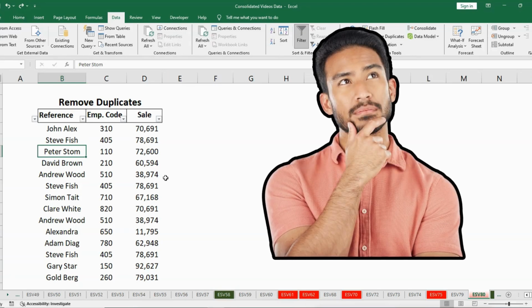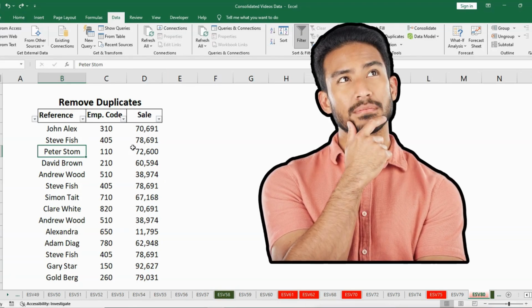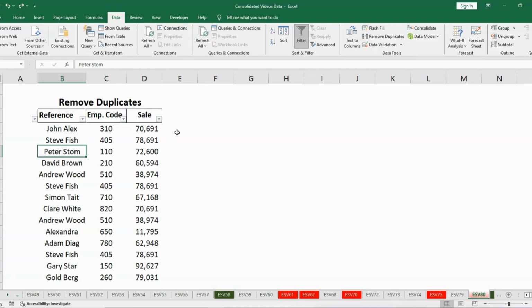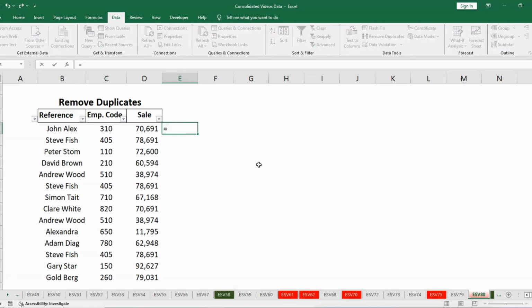How can we highlight the duplicate and remove duplicate by using the formula. So the formula is COUNTIF. If I want to remove duplicates by using formula, I will use COUNTIF. Start with equal to